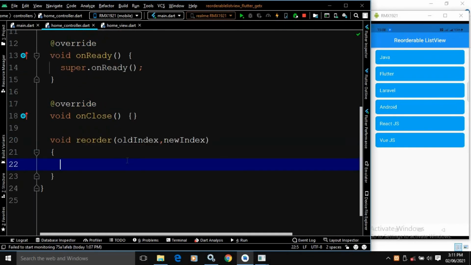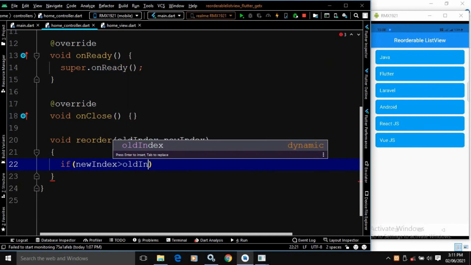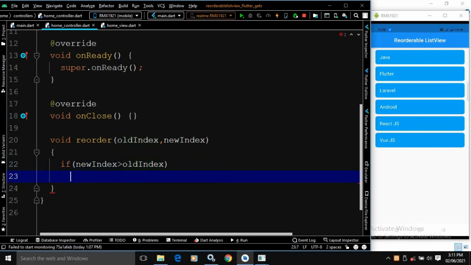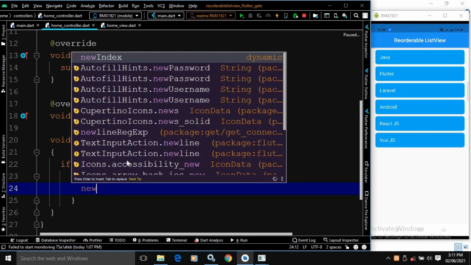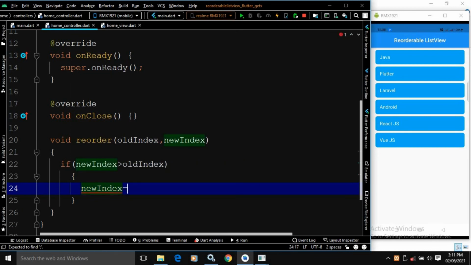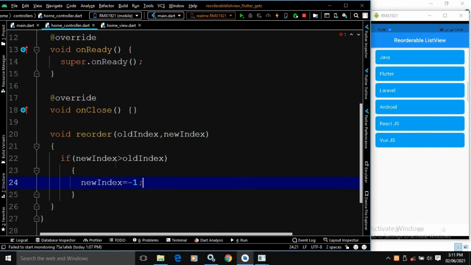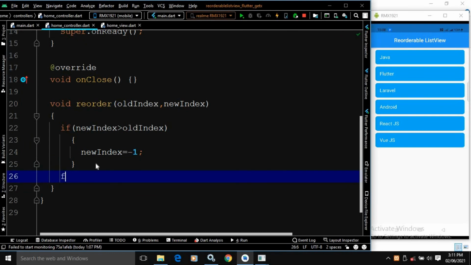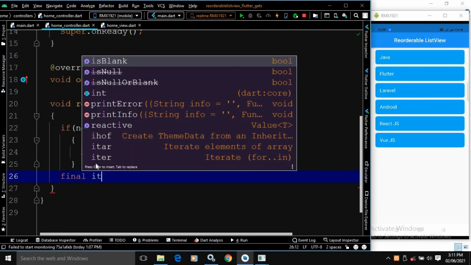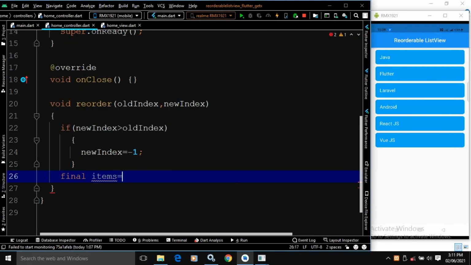So here I will check if newIndex is greater than oldIndex, then the value of newIndex will be decremented by 1. After that here I will write final items equals to myfab.